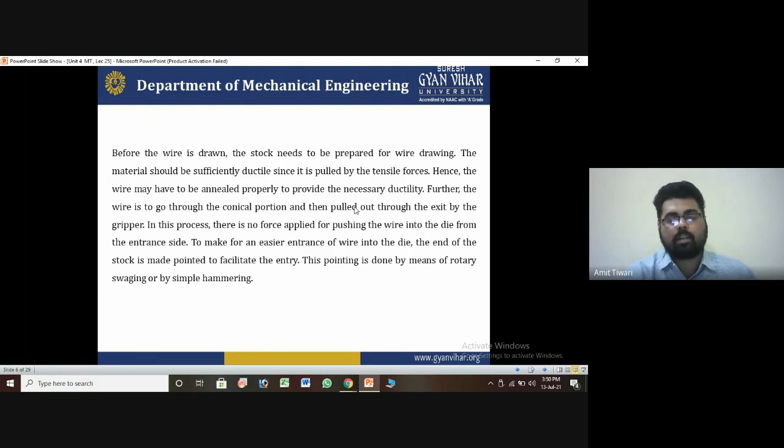This technique is generally used before applying the hammering, or before using the wire for drawing. Initially we can apply some tensile forces from both sides to provide the necessary ductility and improve the property of the material, and to check whether the material can withstand sufficient force or not. From that force, you can find out before the wire drawing starts whether it breaks or internal cracks are generated. This is a very commonly adopted process for checking the material.